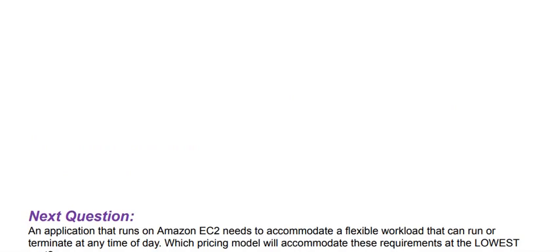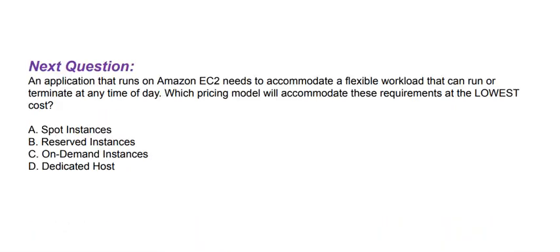Next question is, an application that runs on Amazon EC2 needs to accommodate a flexible workload that can run or terminate at any time of day. Which pricing model will accommodate these requirements at the lowest cost? Option A. Spot instances. Option B. Reserved instances. Option C. On-demand instances. And option D. Dedicated host. The correct answer is